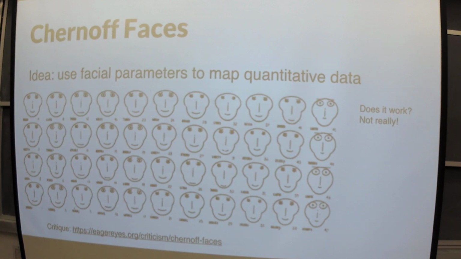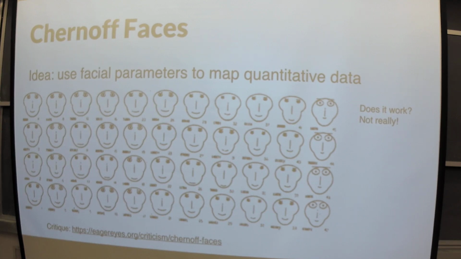One idea that people had, related to these shapes: humans are really good at seeing facial expressions, right? We can tell whether somebody is sad or not. We can tell faces apart very well. So we seem to have a perceptual system that is fine-tuned to seeing the differences in